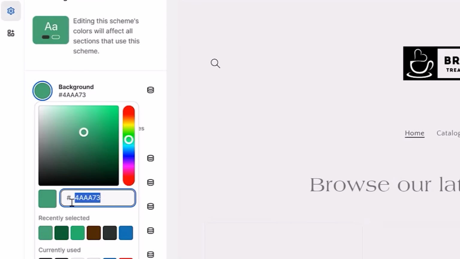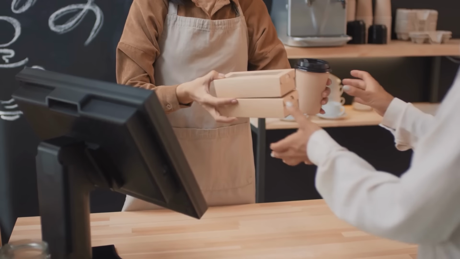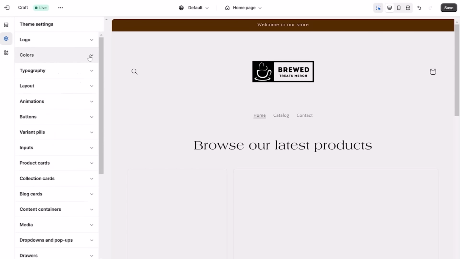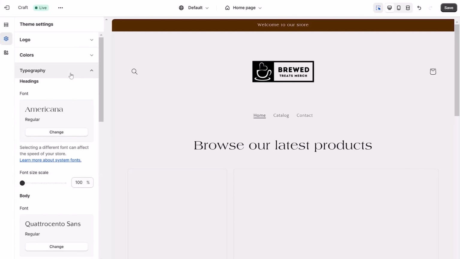I picked a coffee bean brown color for my store, and that's because for this example store here, it's going to be themed around baristas and people that love coffee. You can see that it's now added in pops of color to my store, making it look custom to my brand. Then, once you've done that, close the color settings and open up the typography settings and click to change